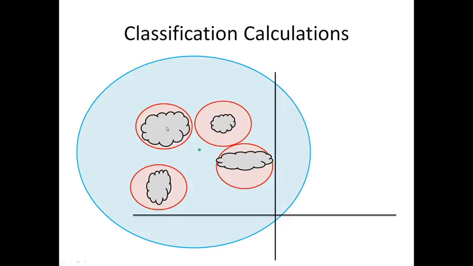So we would find the distance for our farthest distance here, and we define that as our radius. We'd find our center point, and we'd make a circle around it. And we would make a circle around every single